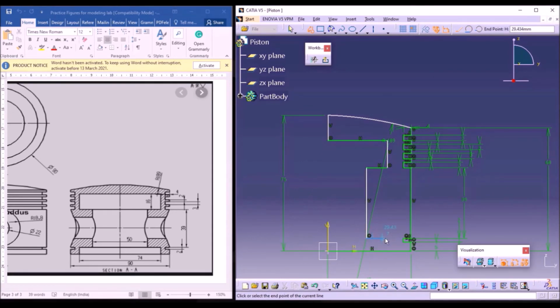Now draw a horizontal line and close it here. So this is how we need to draw the sketch. Next we need to give the dimensions for this. Using this dimension, it is given a length of 16, so this length should be 16. But it is giving us 615. Now we need to change it.